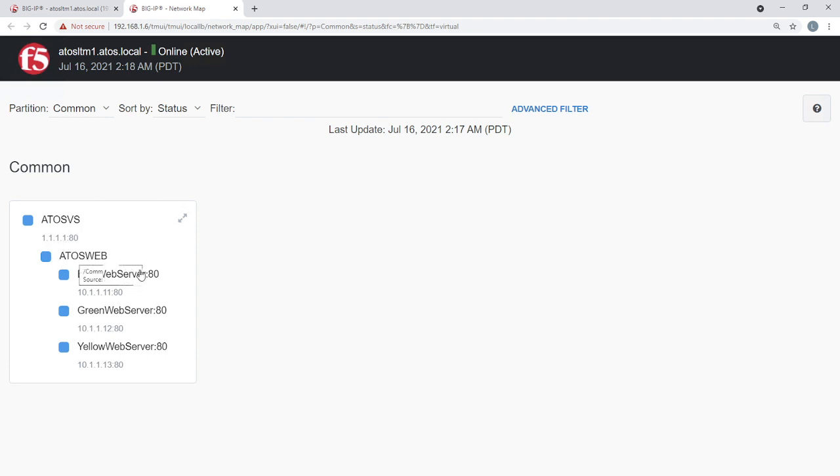That pool has 3 members in it: blue web server, green web server, and yellow web server. Blue web server is identified through the IP address of 10.1.1.11:80. Green web server identification is 10.1.1.12:80. Yellow web server is 10.1.1.13:80. Is this clear? Okay.